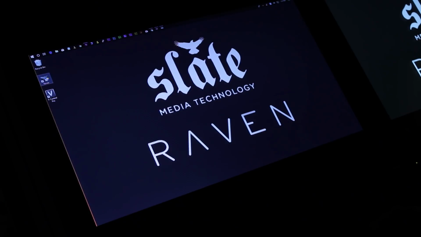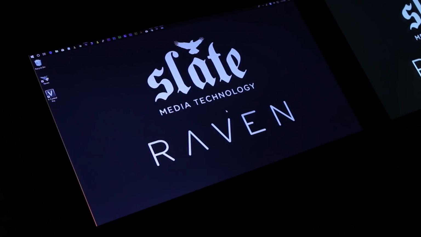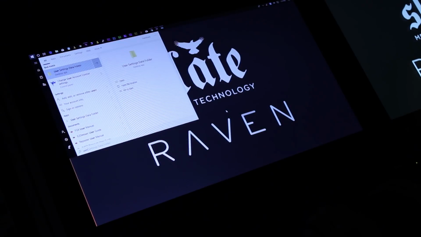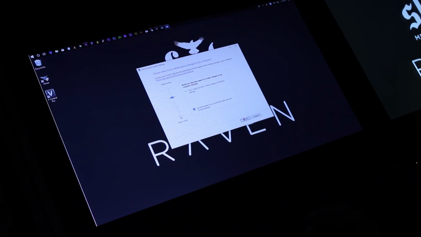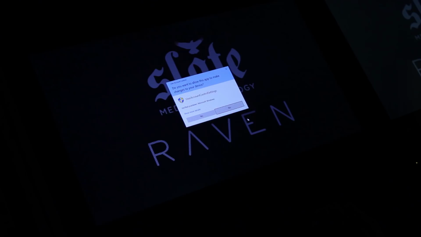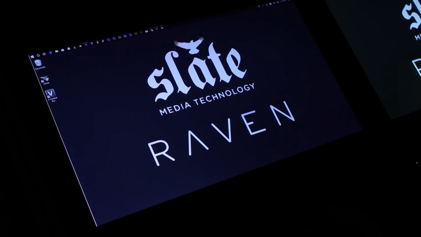Now, we can launch the Raven software. Users will need to hit Yes in User Account Control, or if users would like to turn this off, select User Account Control Settings and set these to Never. Now users will not be prompted to allow the application when launching every time. Open the Raven software, and this will launch the Raven dashboard.